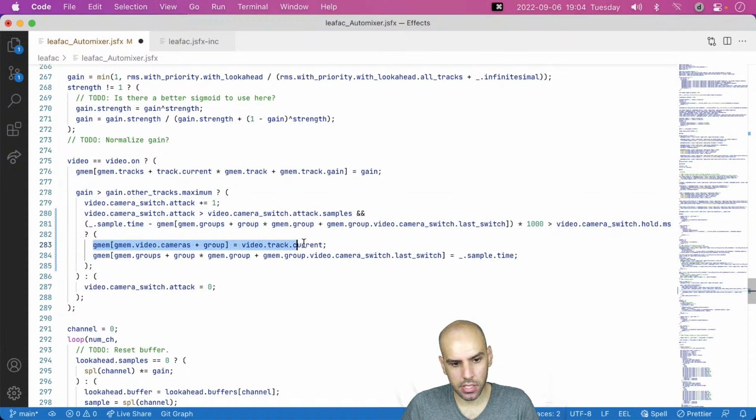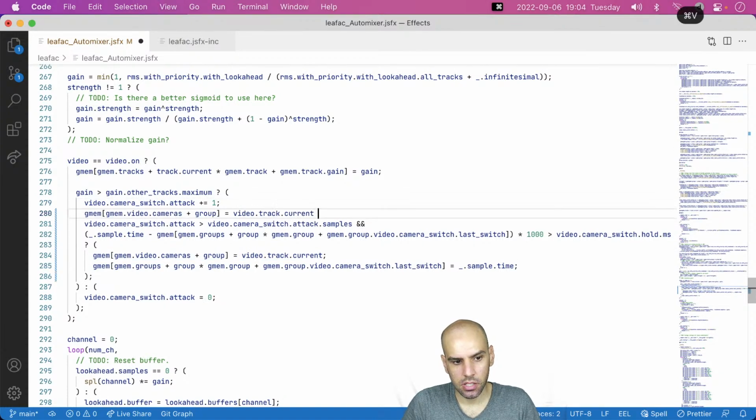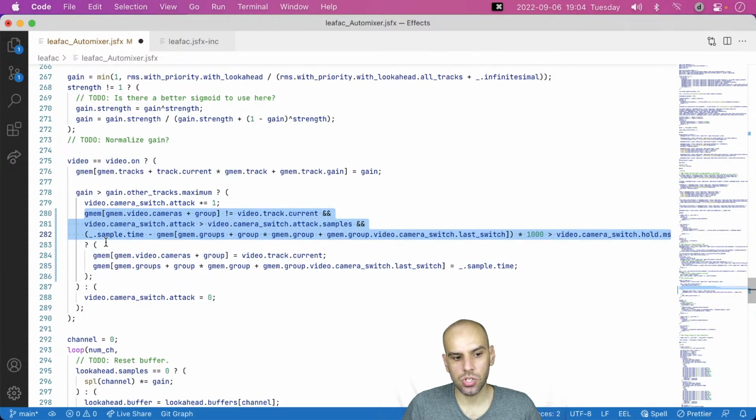So what I want is to check that these two are different. So really this becomes the condition to allow for a camera switch. Well, it will get a bit more complicated because this attack +1 situation will not really work.